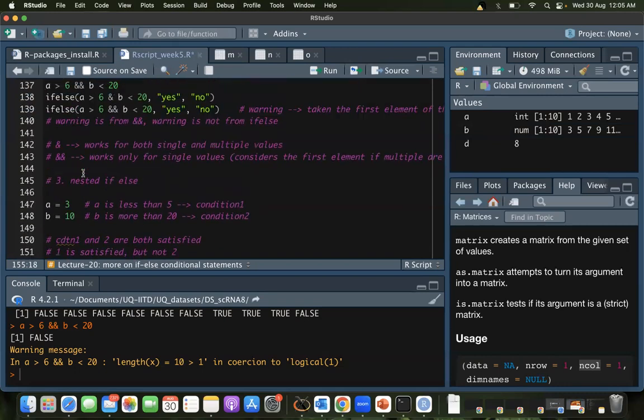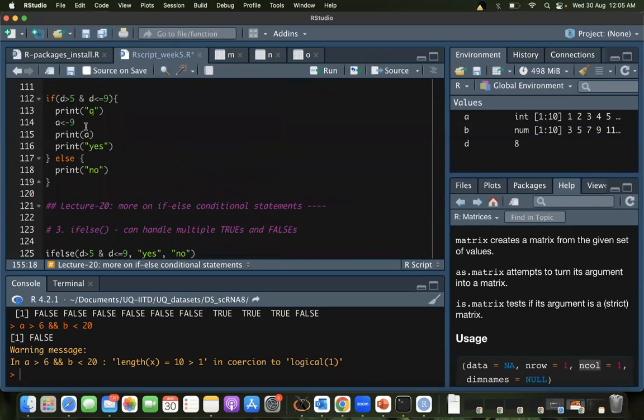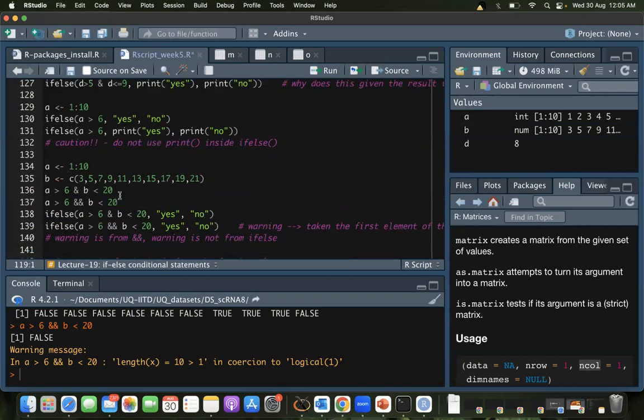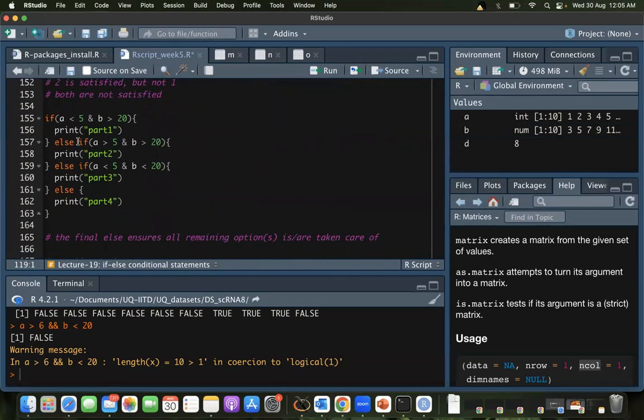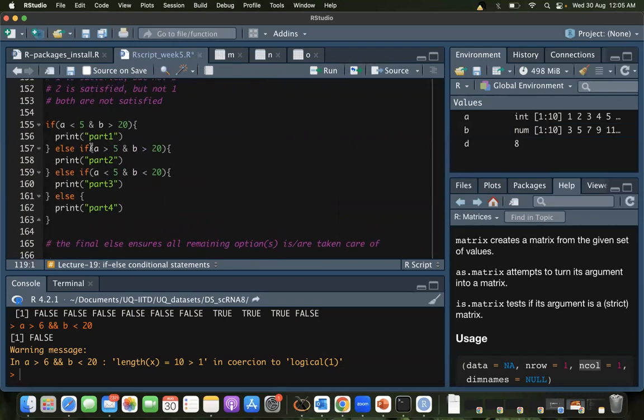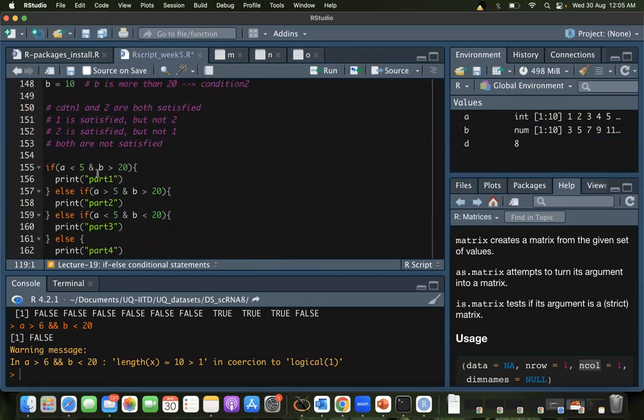So after else, normally what we do is we start this bracket, this chunk. But now after else, we are starting if again. And whenever you write if, you need to give a condition. So now I'm stating the second condition, or I think this is the third condition here. A is not satisfied like what we discussed. So I'm changing the sign of A, but I'm retaining the sign of B.